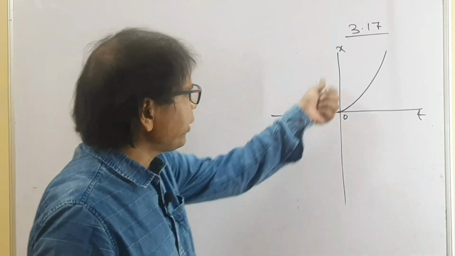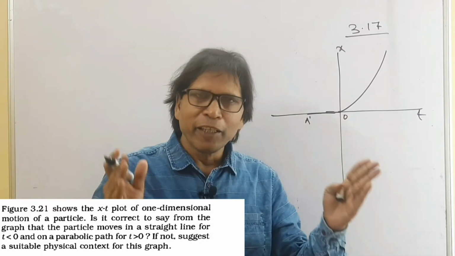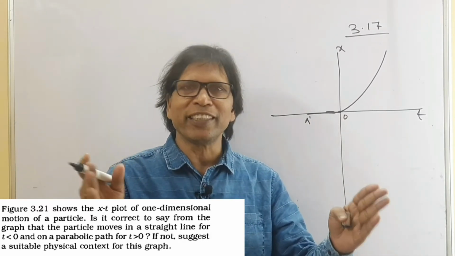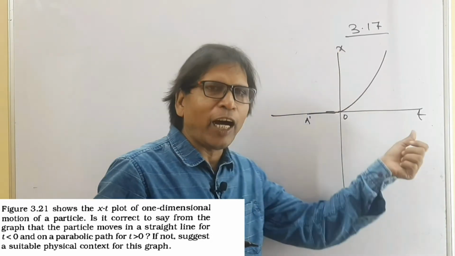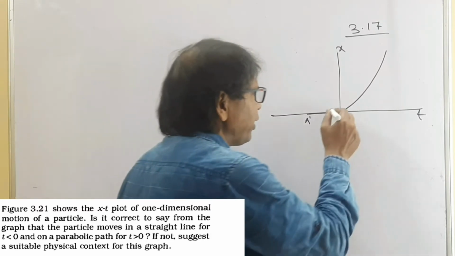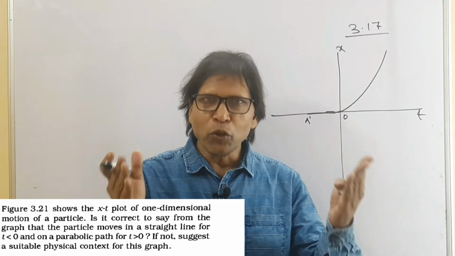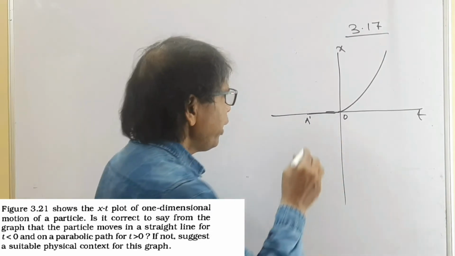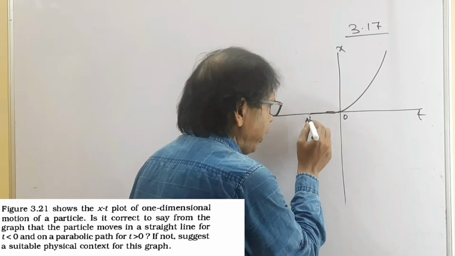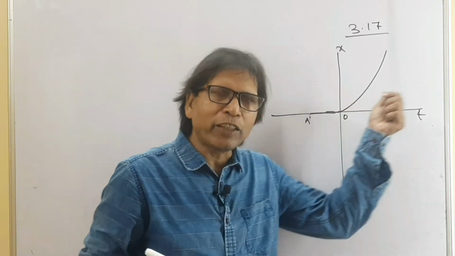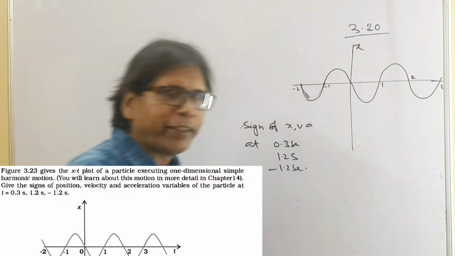Okay, look at this, this is the x-t graph. From a dash to O, the time increases but the position remains the same. So this is the graph of a stationary body. This is the x-t graph of a stationary body. Now look at this graph, it is the x-t graph of accelerated motion. The physical context of this graph: a car initially remains at rest for the time interval a dash to O and then starts with acceleration. Okay, now this is the x-t graph of SHM.